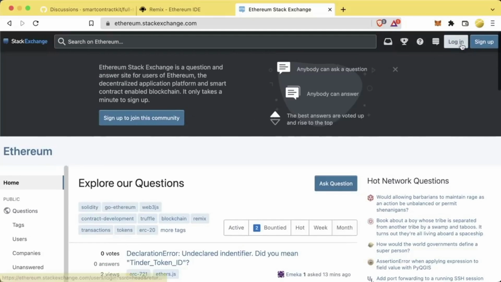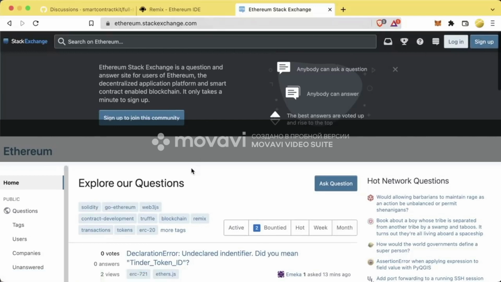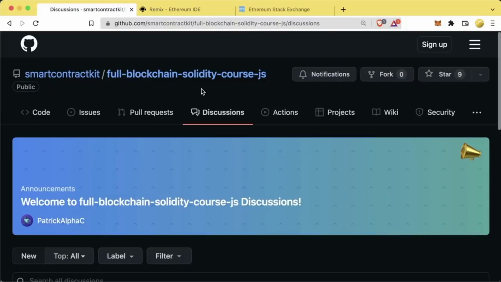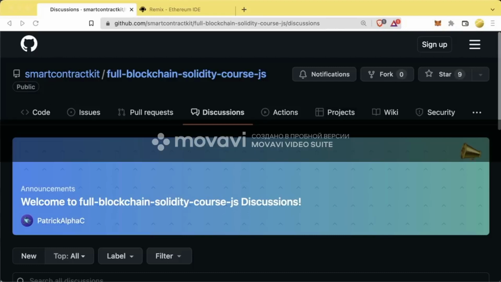So what you'd want to do is sign up or log in and ask and format your questions on these forums. You'll want to sign up for GitHub. You'll want to sign up for Stack Exchange ETH. You'll want to sign up for Stack Overflow so you can participate in these forums. In fact, if you haven't already, let's sign up for GitHub right now and let me walk you through formatting one of these questions. Because the better you format your questions, the better chance you have of actually getting the